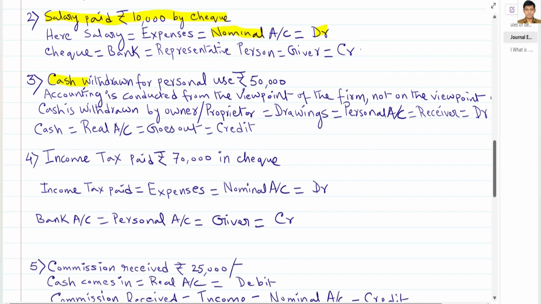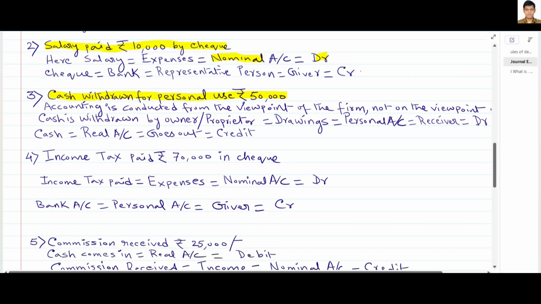Cash withdrawn for personal use, rupees 50,000. That means cash is withdrawn from business for personal use. Who can withdraw cash from business for personal use? It will be the proprietor. In case of sole proprietor or in partnership firm, the proprietor or owner can withdraw cash from business for personal